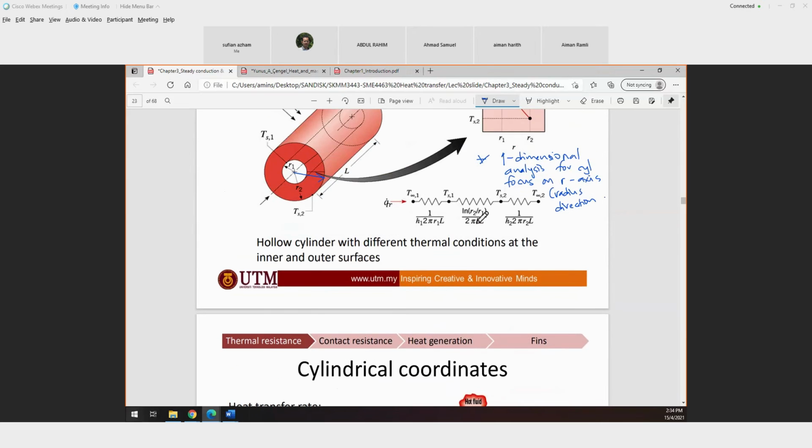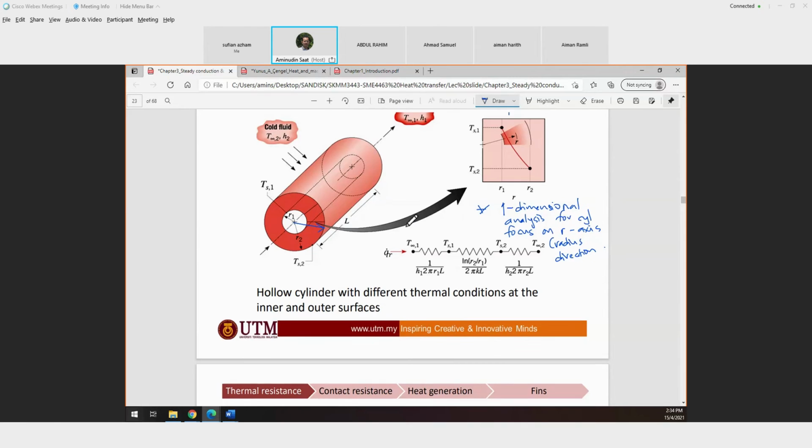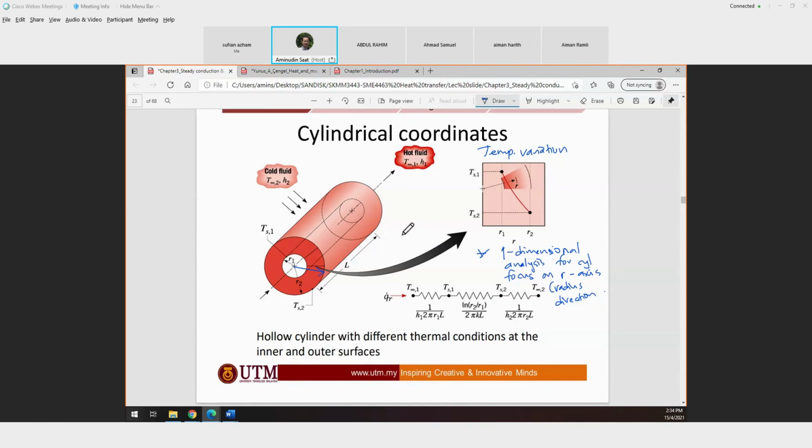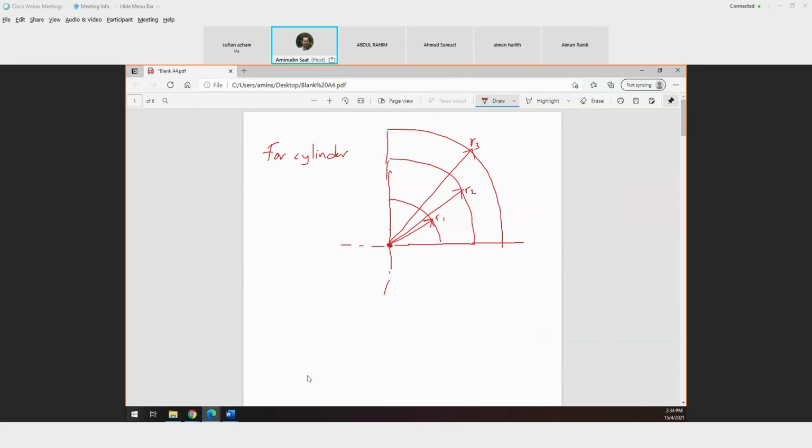Using the concept of the heat conduction equation, same approach. If you look at the textbook, I'm not really going into details of the derivation. If you look at the textbook section 3.4,